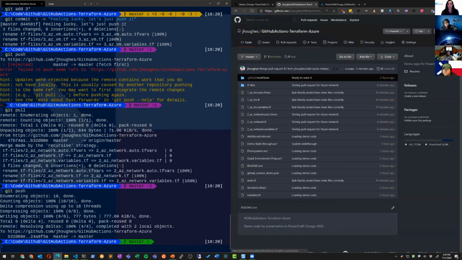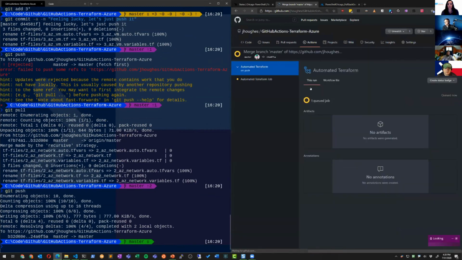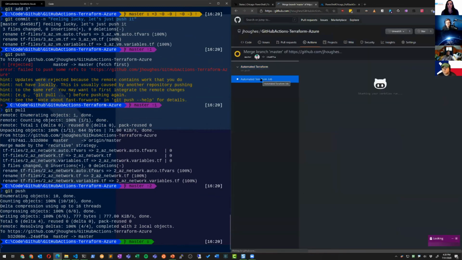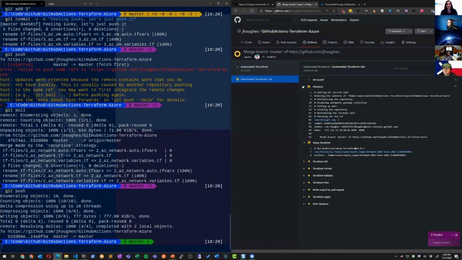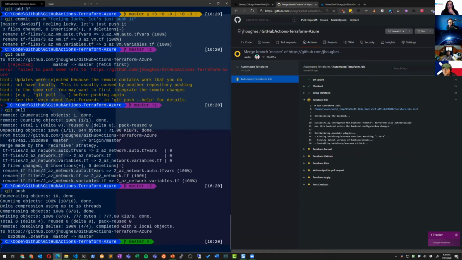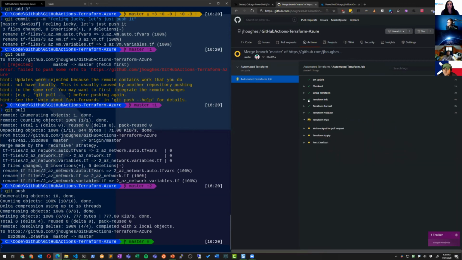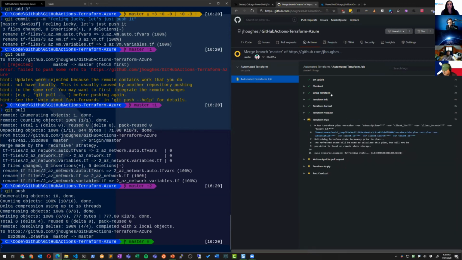Okay, so now if we go back into our actions, we're going to see that the merge is already coming in from this. We've got a queued up job. This time it's not going to stop with doing just the plan. It's going to run all the way through the apply stage because we have a push on our master branch. So it's just going to make it happen, and it's going to start deploying virtual machines. So we're going to let this run. This one's going to take a little while in the background just because the VMs take a few minutes to